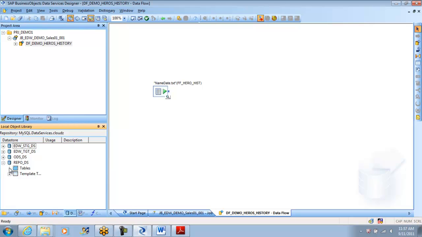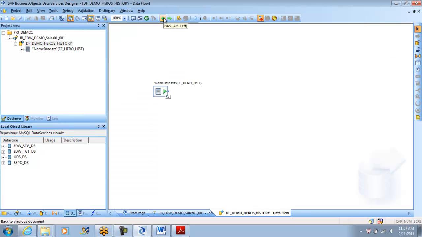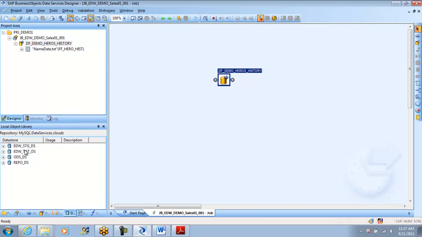After I create a data store, do I have any tables under it? That is the question. Oh, I have clicked on a wrong data store which I created earlier. So let me cancel that. Now which is the one I created now? EDW stage DS. I think this one. Yeah. If you go under it and try to double click on the